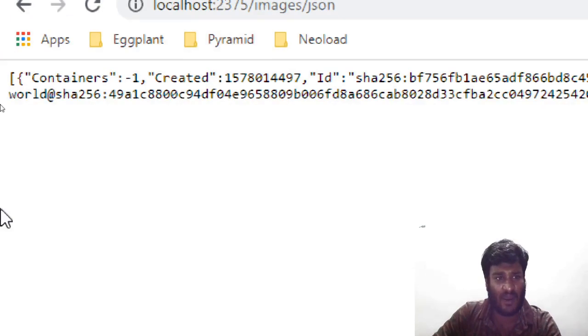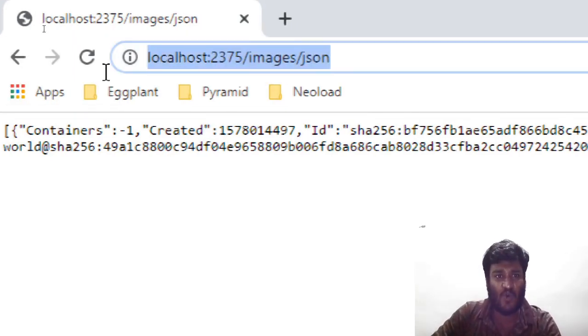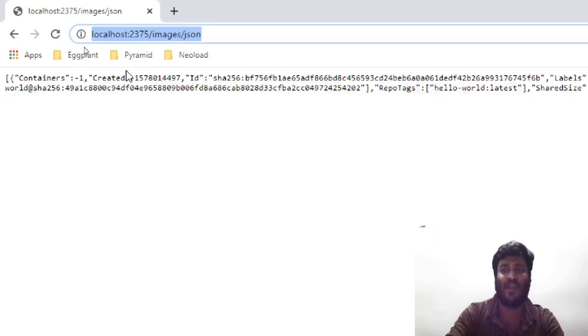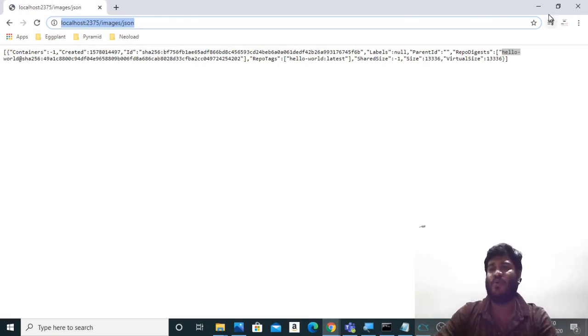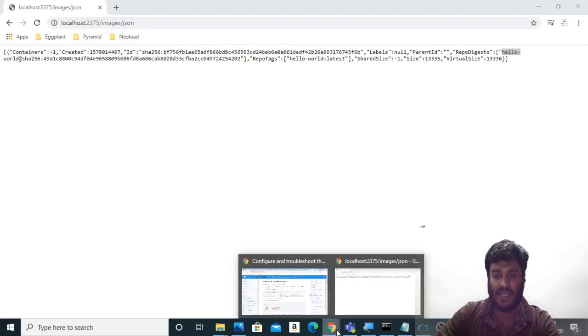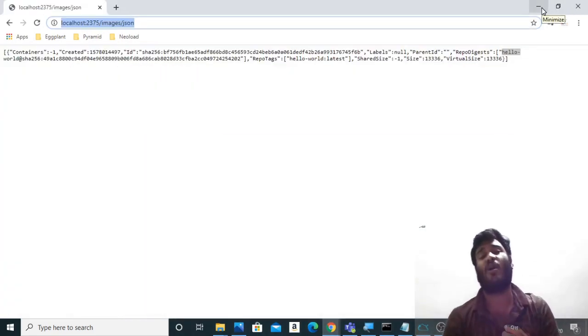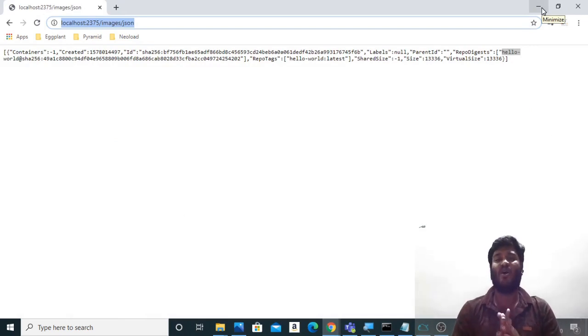See, it is saying hello-world with its SHA. This has been fetched in the browser using a URL. This is what a RESTful API is. So you can expose Docker and command this machine even from the browser, and this helps in running Docker in the CI/CD process, or in making everything automated. Even in orchestration, you need to know how exactly these work.